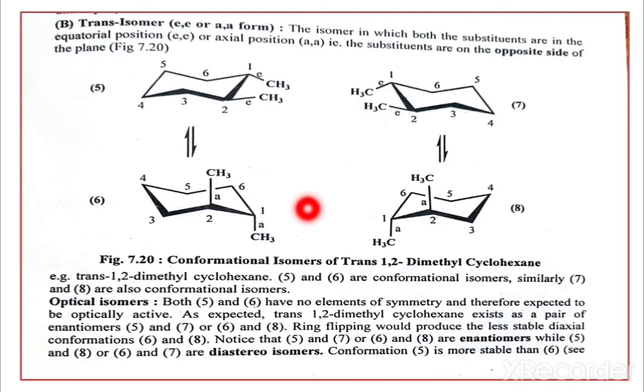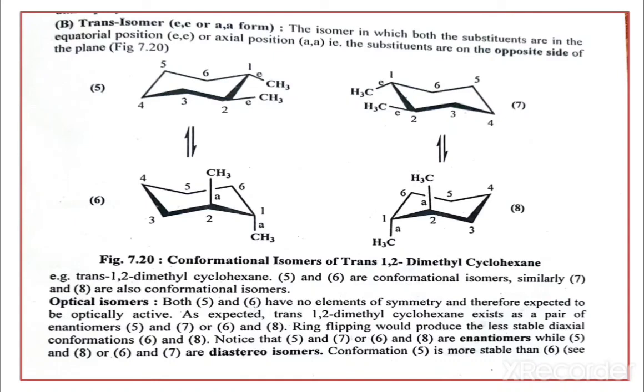And in the 1,2-diequatorial trans form, 5 and 7, none of the substituents is in the axial position, but both methyl groups are gauche to themselves. They give rise to an energy of 0.9. That is, both substituents are equatorial. That means at the 1 and 2 positions, the methyl group is at the equatorial position, therefore having energy 0.9 kilocalorie per mole.